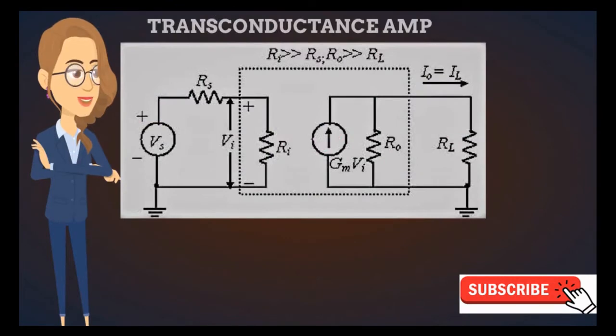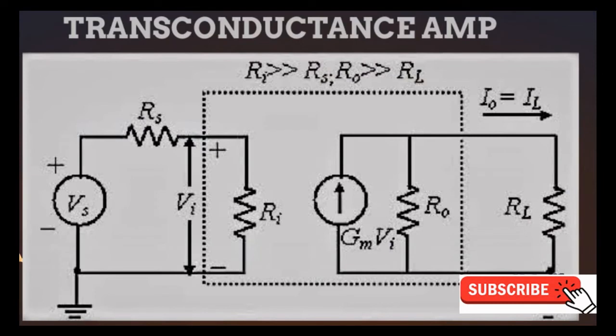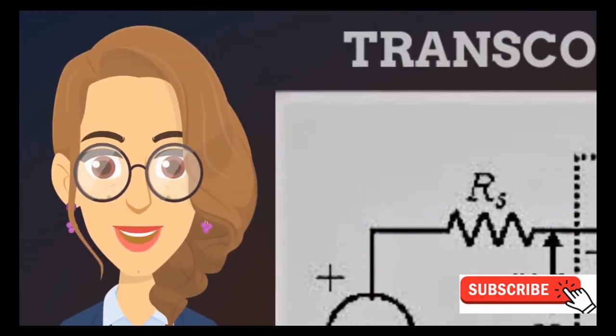The concept of transconductance amplifier is the transfer of conductance from input to the output, and it is the ability of a circuit to allow the maximum flow of charge or the conduction of current from input to the output. It is represented with the letter G, and it is the division of I by V. A little change in the voltage at the input will cause a linear change in the output current. Here the circuit is analyzed with Thevenin at the input circuit and Norton at the output circuit.